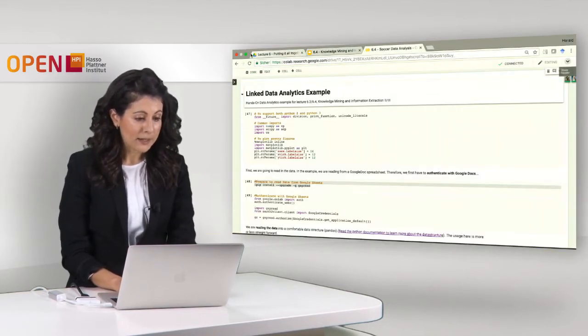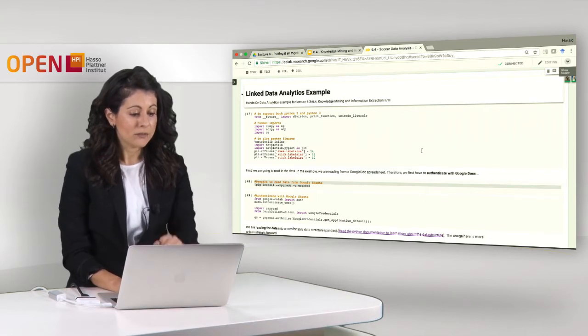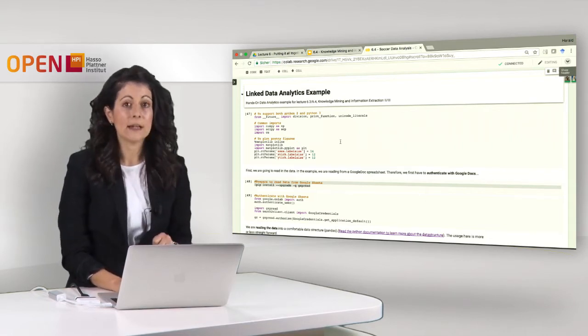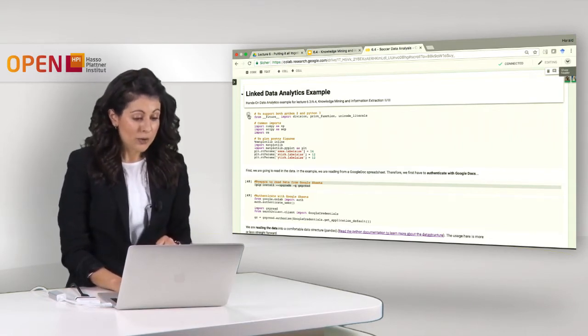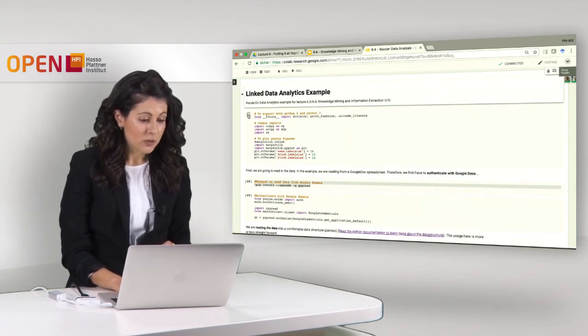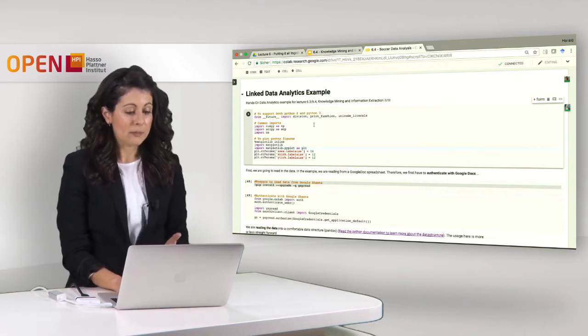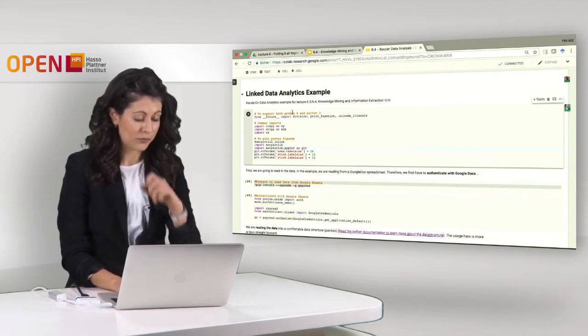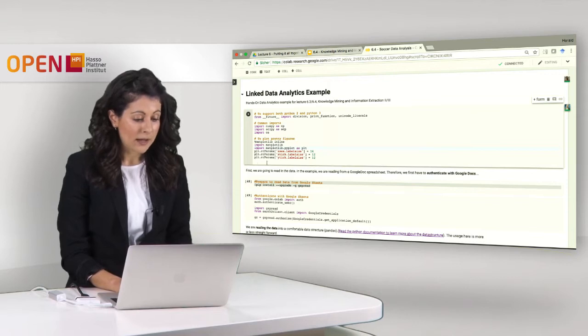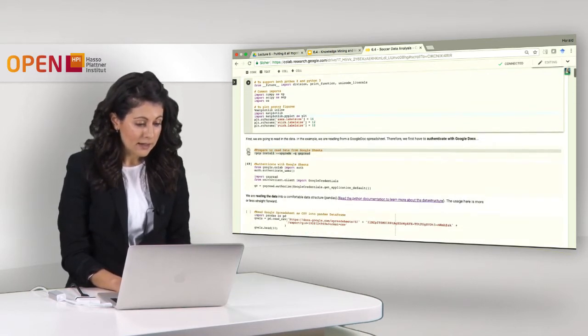So I'm going back here. Here we have again a collaborative notebook, and we will do this analysis in Python. The first step, as always, is to do the necessary imports, to import the necessary packages so that it works for both Python 2 and 3, and that we have some nice plots. And the next step is here,